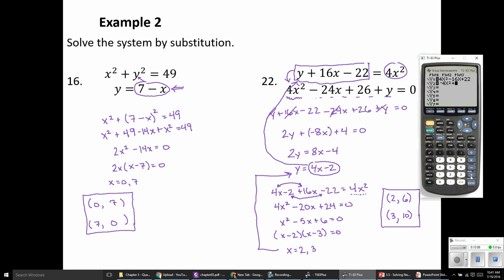I would have a positive 24x, let's keep going, and I would have a negative 26, or minus 26, I should say. And if I graph those, you can see, sure enough, those two graphs do cross at what appears to be the 0.26 and then at the 0.310. So the fact that we got two solutions for that, it fits with what the graphs are showing us. Clear those out for next time.